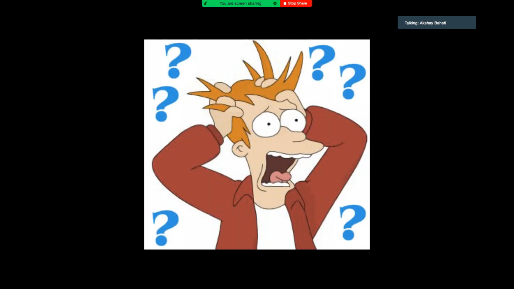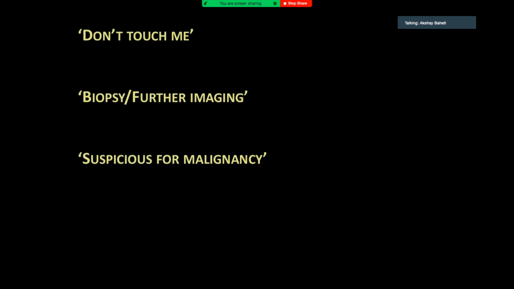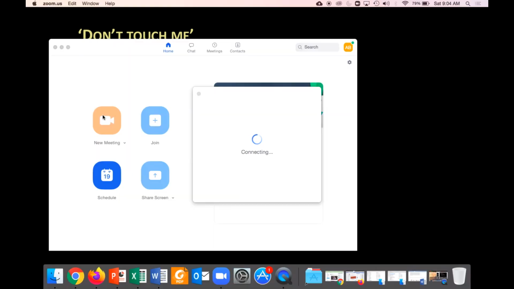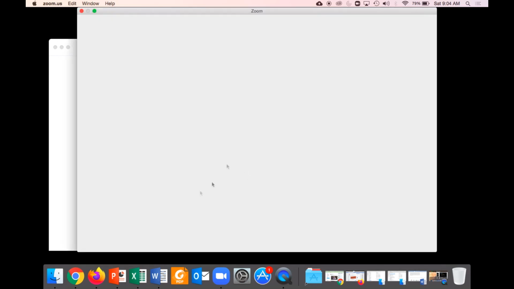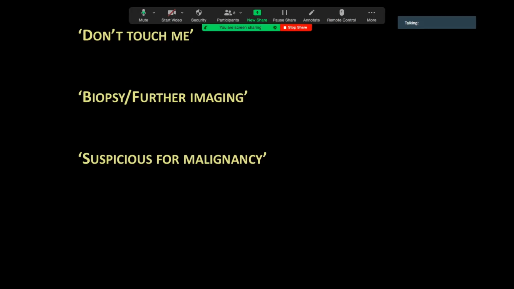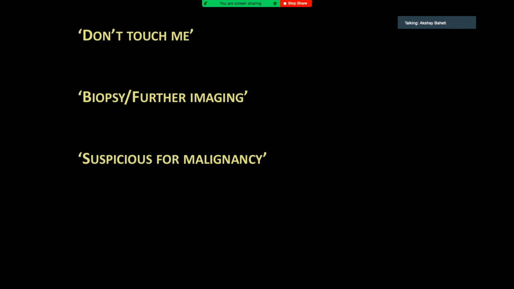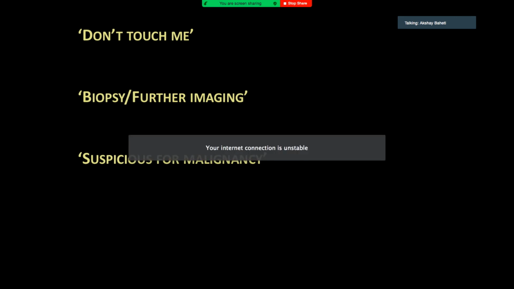Okay, but still it's a very irritating and long list of differentials. So I generally don't try to go for diagnosis. The main thing is: are they don't-touch-me lesions? So you sort of classify them into 3 types. Are they benign? Don't touch me. Don't worry about it. It doesn't matter what it is, but don't worry about it. Is it something which needs some sort of further evaluation, biopsy or further imaging? And are they just suspicious for malignancy, like they're definitely malignant or almost certainly malignant? So these are the 3 buckets you have to try and put the lesions in.